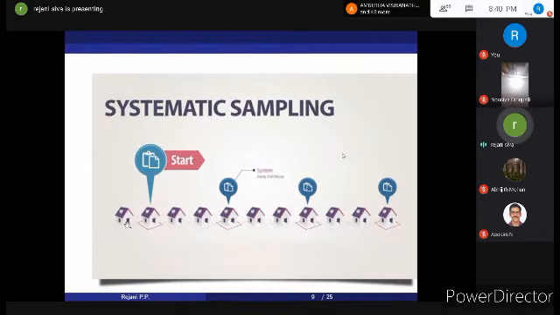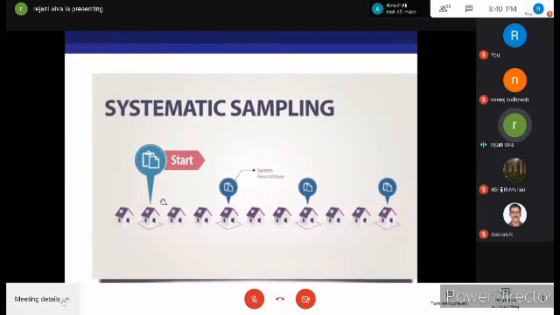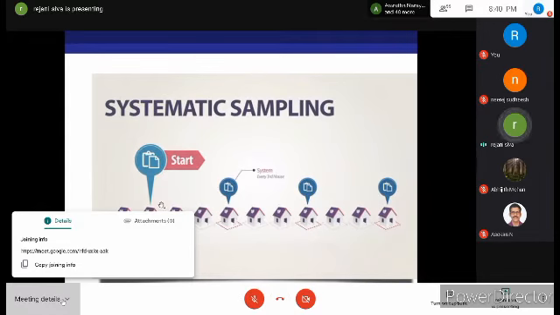And the end point will be very near to the starting point. That is why the method is also known as circular sampling. Here the sampling is being done in a circular pattern. Most of the health projects are running based on systematic random sampling. They have adopted systematic random sampling for household surveys. Very popular one, and also very feasible.